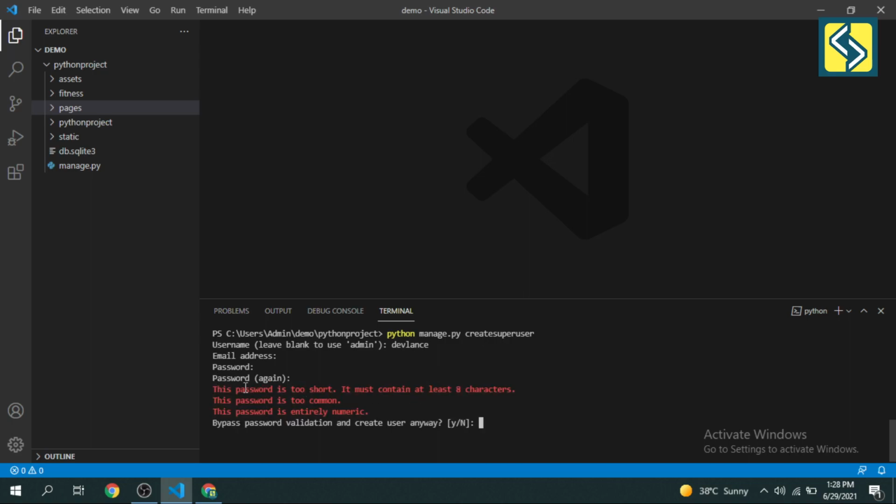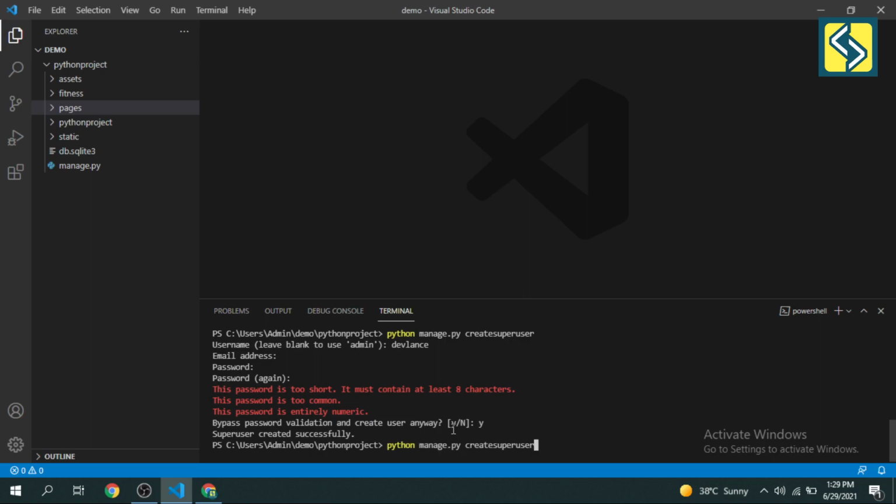It will show warnings for our password, like our password is too short, doesn't have any special character, and the password length is not 8 characters. So if you want to bypass this warning, press y here and press enter. So our superuser is created successfully,